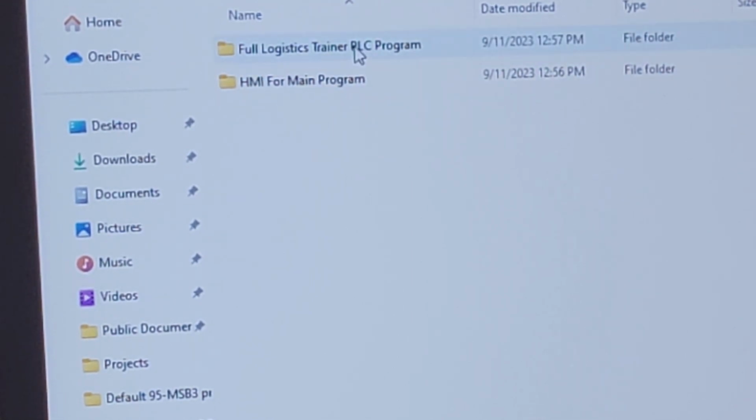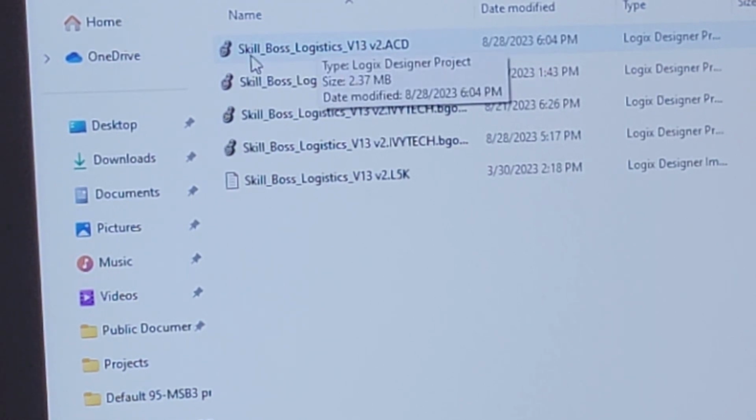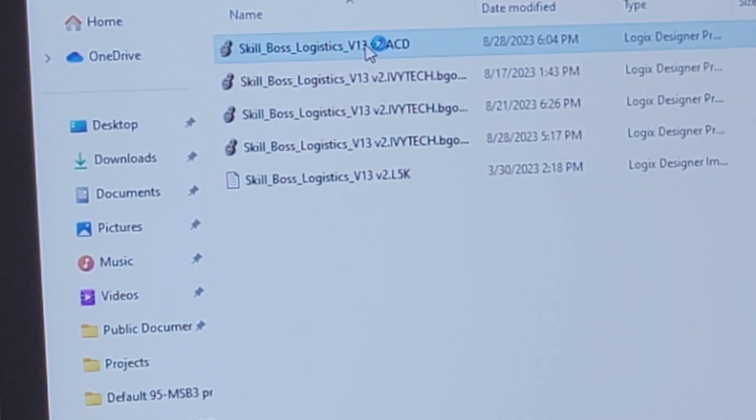So the first thing we're going to do is double click the trainer, and you're always going to use the main one. It should say SkillBoss Logistics Trainer version 13. So if I double click this,